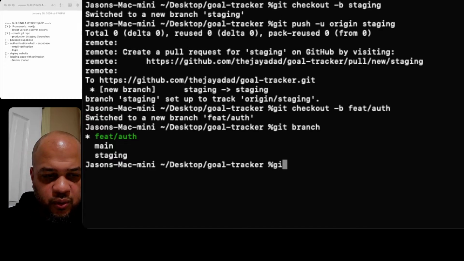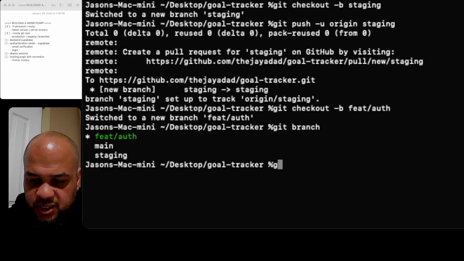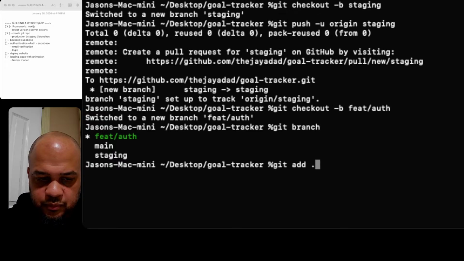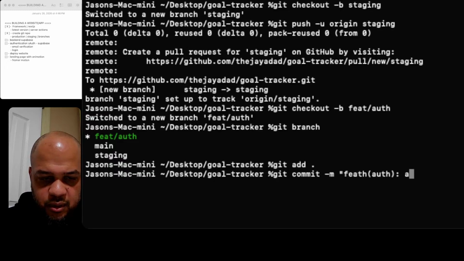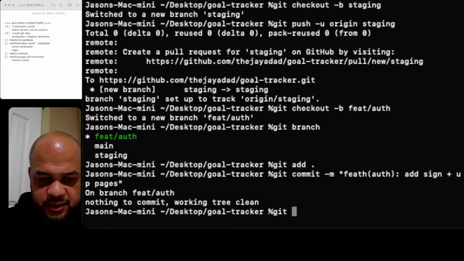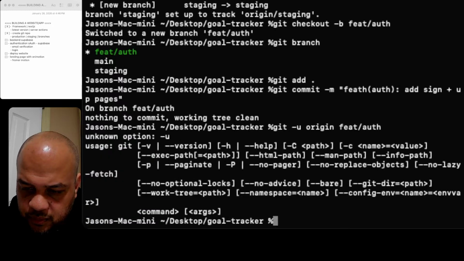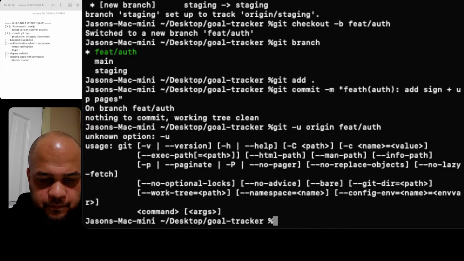Let's go ahead and begin to work on Git. We just do git add space dot. And then we'll go git commit -m feature auth, add sign in and up pages. And then we'll do a git push origin feature auth. Let's go npm